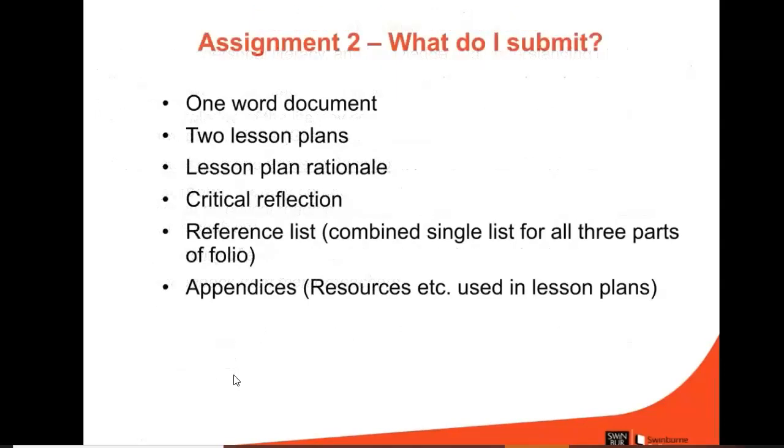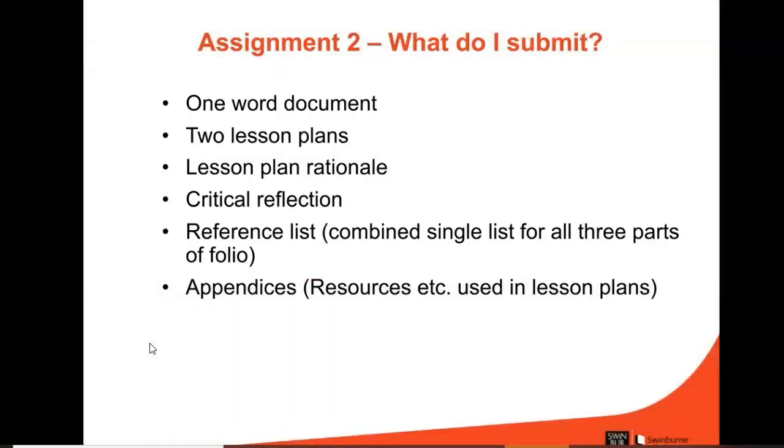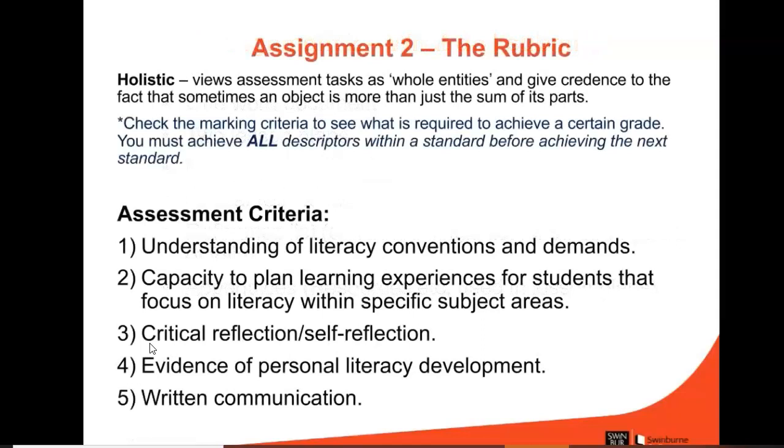So what you need to submit is a single Word document, please, that includes your 2 lesson plans, rationale and critical reflection. Any references used in those three parts of the folio will be combined into a single reference list. And if you happen to have included any additional resources in your lesson plans, you can add these to an appendix. The rubric is holistic, so this means that